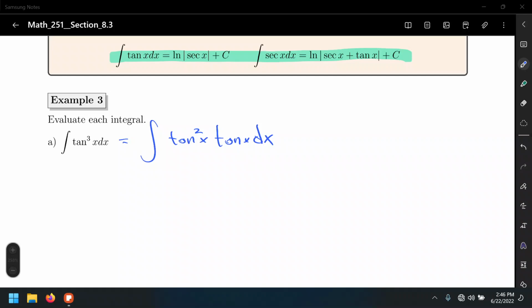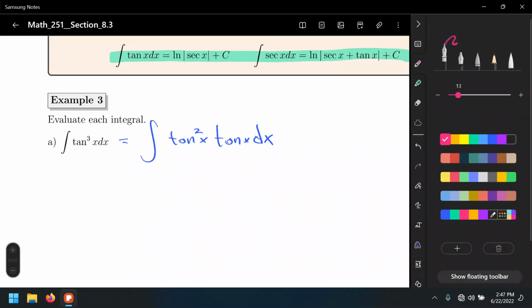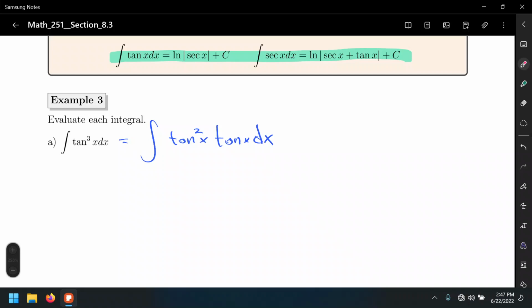So for this exercise, the hint was to rewrite this tangent cubed as tangent squared times tangent, in a way that we can use the trigonometric identity, secant squared minus 1. So let me write it down. So tangent squared, and that's what I will replace all this with. Okay, so